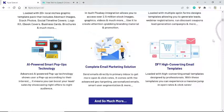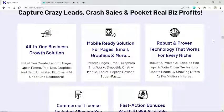Complete email marketing solution. Send emails directly in the primary inbox to get more open and click rates. It comes with advanced geo-targeting, personalized emails, smart user segmentation and more. High-converting email templates. Loaded with high-converting email templates designed by professionals. With these templates you can experience a massive jump in open rates and click rates. And so much more, all in one business growth solution